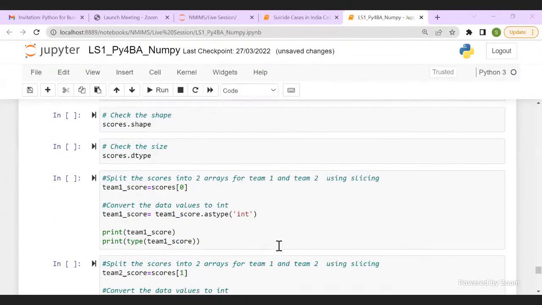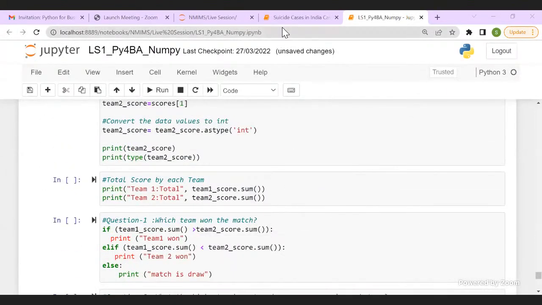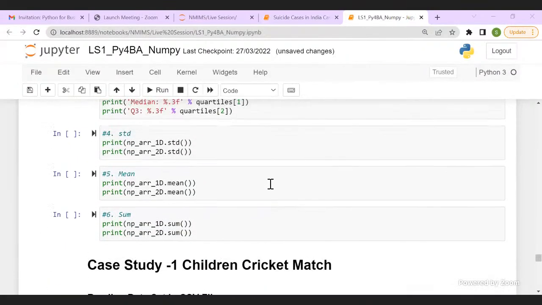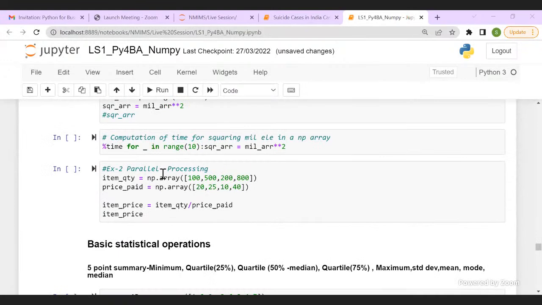So this is my first case study and then second case study. It is difficult, Piyush, it is not fast, beta. It's not at all fast. It is slow. As per my time allocated, because in next class we have Pandas, we have IPL case study, that again will go longer. So let's see what we can cover in this class, if it is still another half an hour. And if I'm not able to cover, we will cover it in the next class. Let's see how much time you can give me.